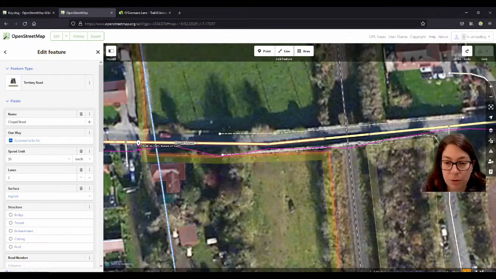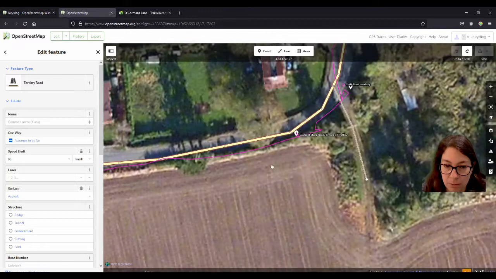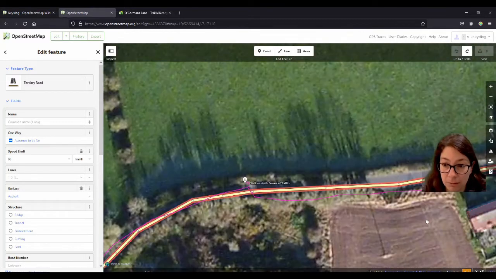So I had forgotten to activate the GPS trace or go in via the GPS trace, so now I have done that. So you see the Chapel Street ends here at the railway bridge and the trail continues on. So I have to add the bridge to the relation and then this bit of the road and this bit of the road, and then it goes on and on and on and on.